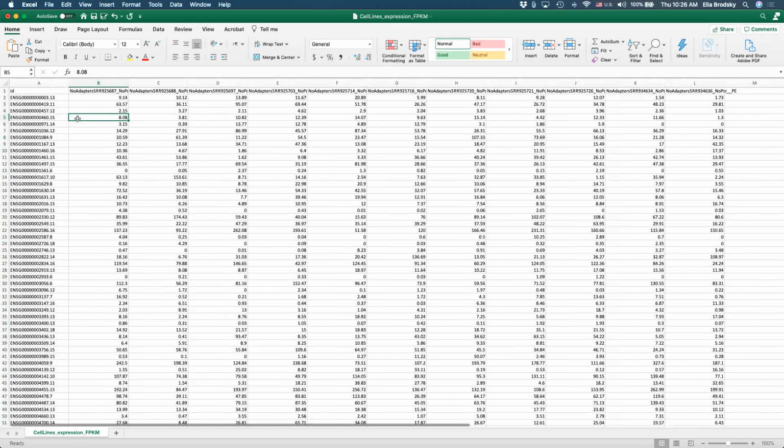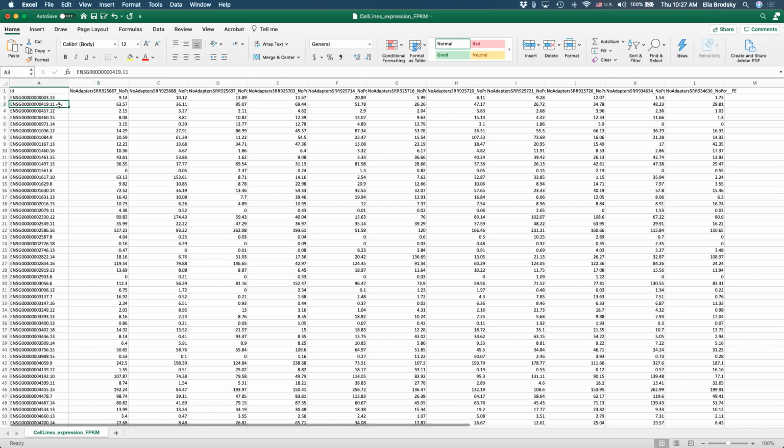All right, great. So again, it doesn't matter where you open this. You can open it in Google Docs, in R, in Python, whatever you like to work with. The point is we want to take a look at what is inside. Here we have gene IDs, and here we have the name of our sample. The actual name of the sample is this right here. This is the Sequence Read Archive ID. And this was added by the pipeline because adapters were removed and PCR cleaning was done. And this was a paired-end file, right? So all of your information is stored right here.